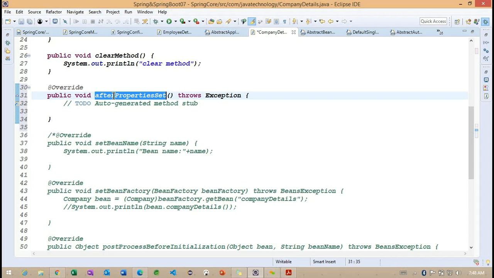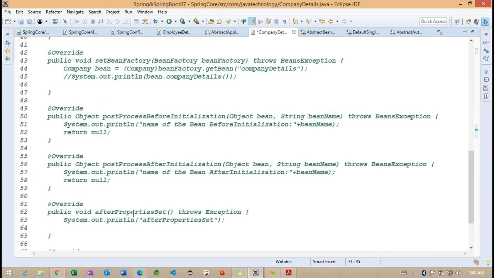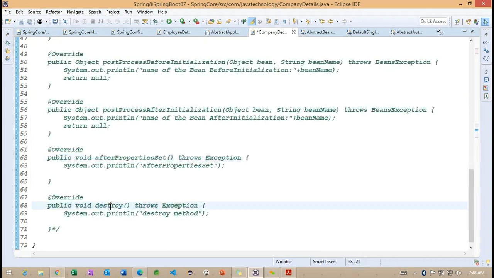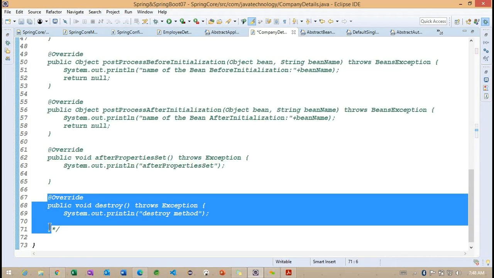Right. In the same way, we identified the destroy method. This destroy method is called whenever the bean is destroyed from the container. Now you need to understand how we get this destroy.